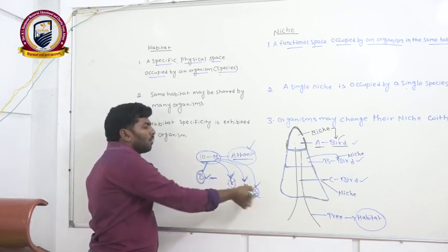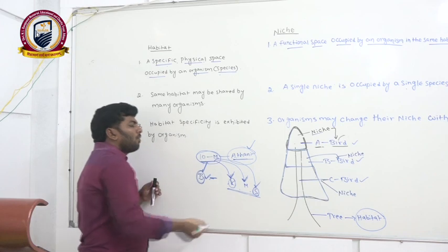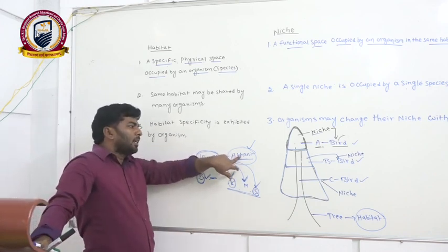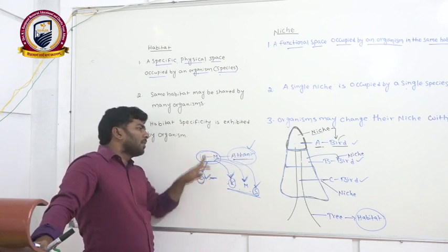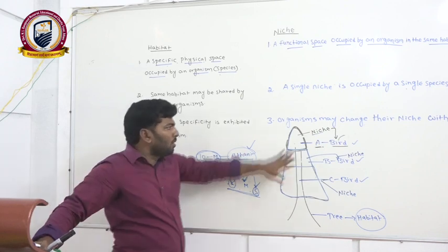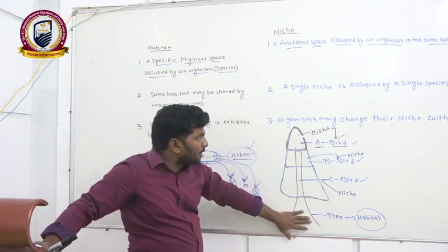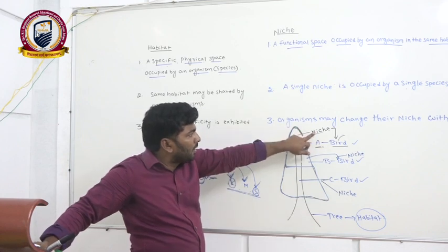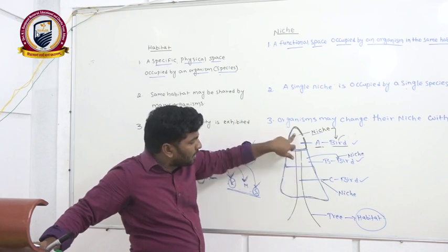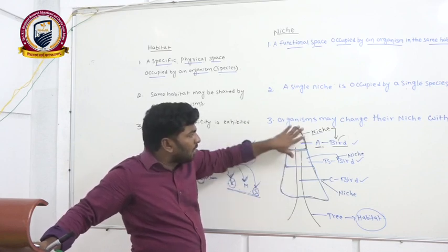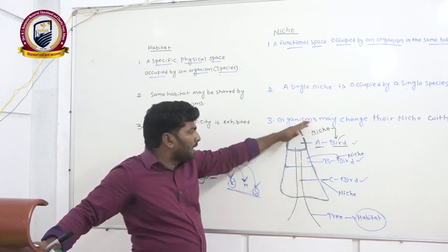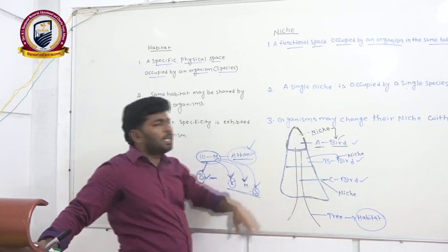One person plays one role in the same habitat, Athene. That is my working role, my niche, and my living place is my habitat. Here also the tree is a habitat for the birds, and different birds are living there, occupying different regions to place their role. That is what the role of the organisms is, niche, and the place where they are living is called a habitat.